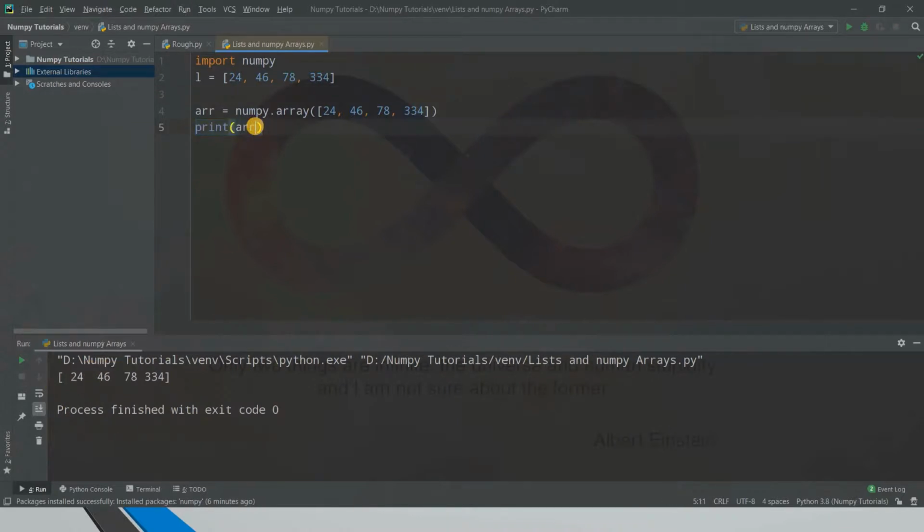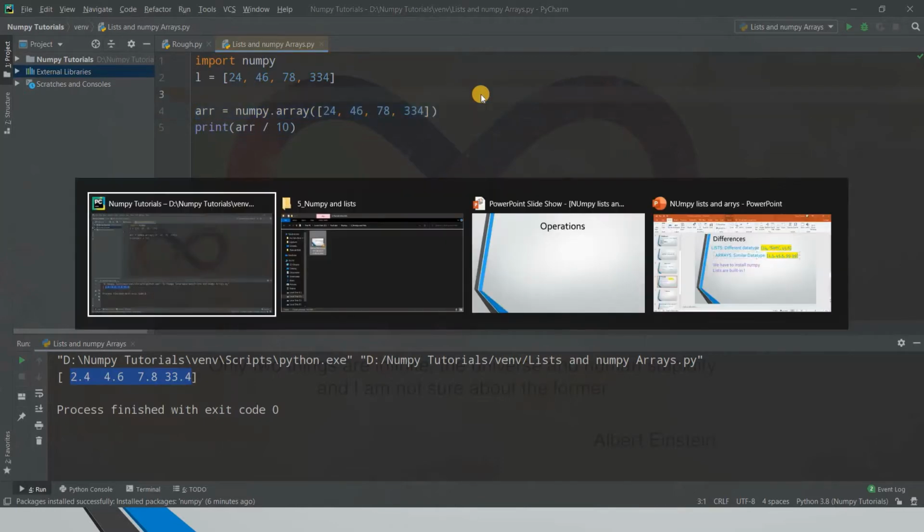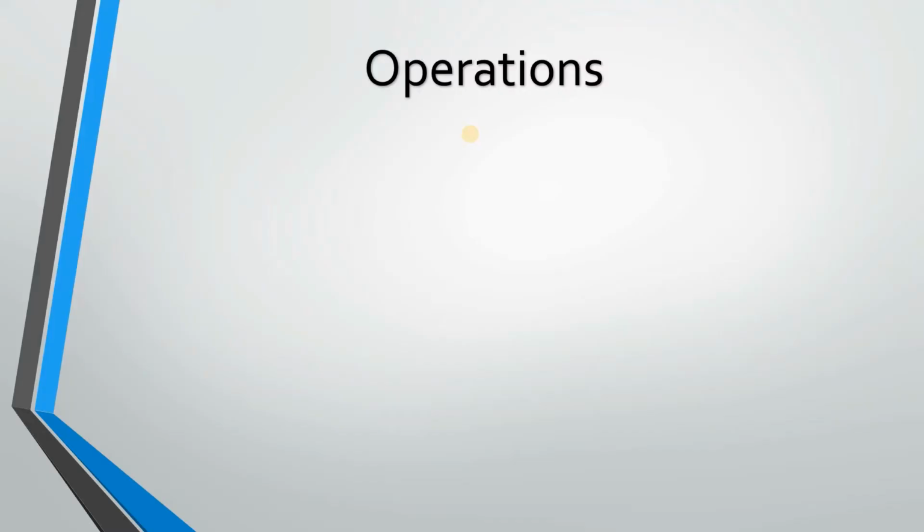Now, like we did with the list divided by 6, let us write the NumPy array divided by 10 so that we understand. When we divide by 10, 24 divided by 10 is 2.4, then 4.6, 7.8. So it is giving us the right values. Basically it is dividing each and every element of this array by 10, that is, by an integer. This is one of the differences: we can directly divide an array by 10, but in a list we cannot do this. And remember, whatever I wrote here for creating a NumPy array, I'm going to discuss in the next tutorial, so you don't have to worry about it a lot for now.